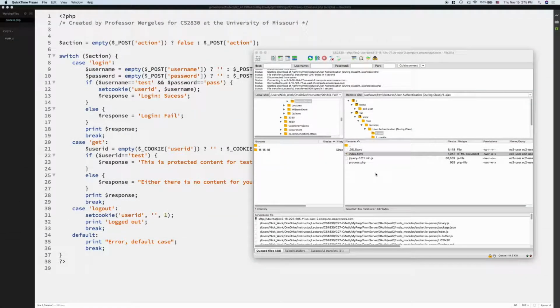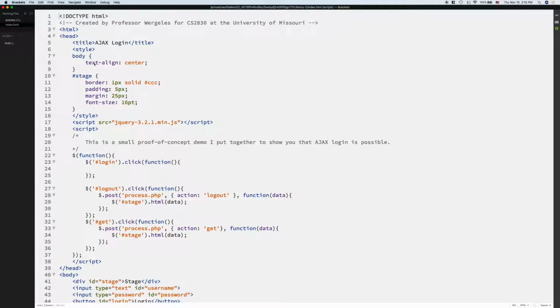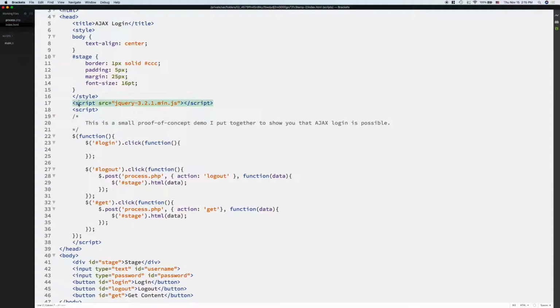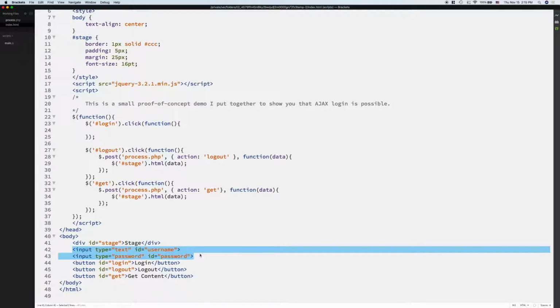Okay, now we're going to look at the front end and see how we can send up the request. So open up index.html. In index.html I have basic styles and we're importing the jQuery library. And here in the body, we're going to have the stage, 2 inputs, username and password,